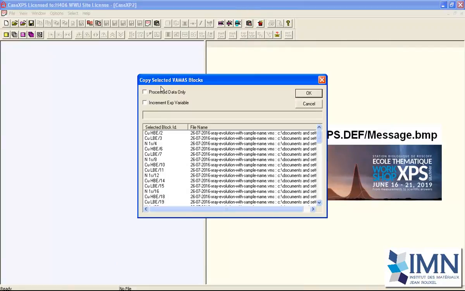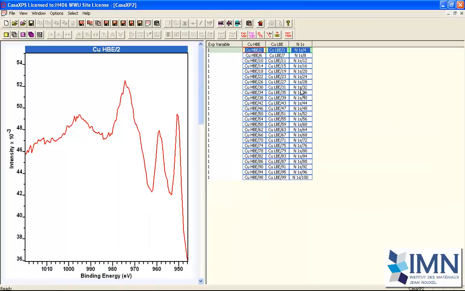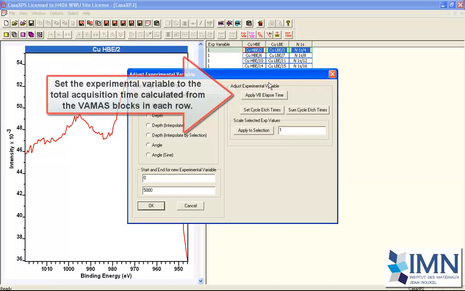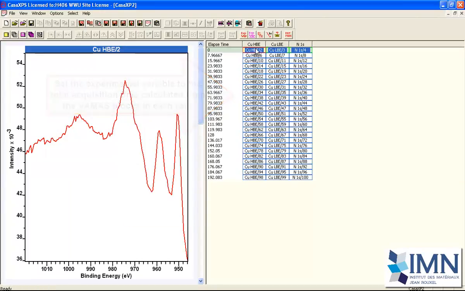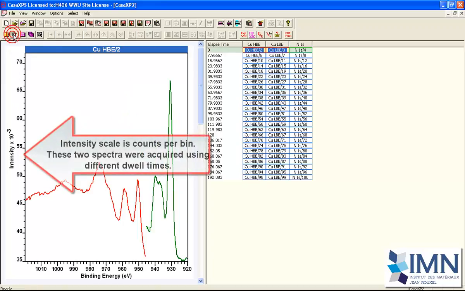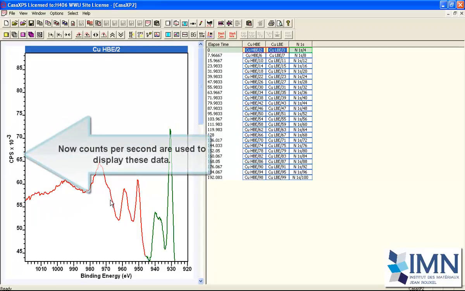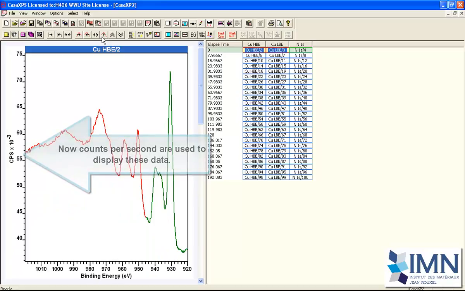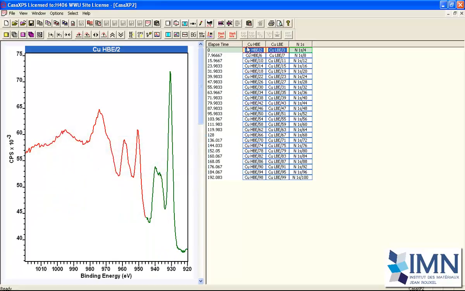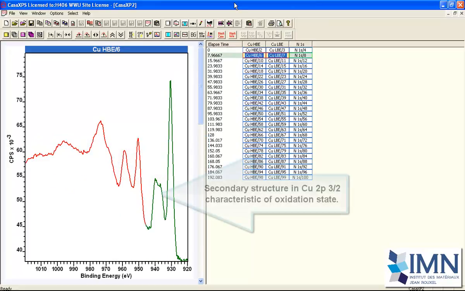stage position. And having identified them, we can copy them into a new experiment frame where we can perform some type of analysis. So for example, we can add the experimental variable to represent the acquisition time for these 3 spectra in each row. Now the VAMAS blocks are organized, we can examine how the copper 2p varies with acquisition